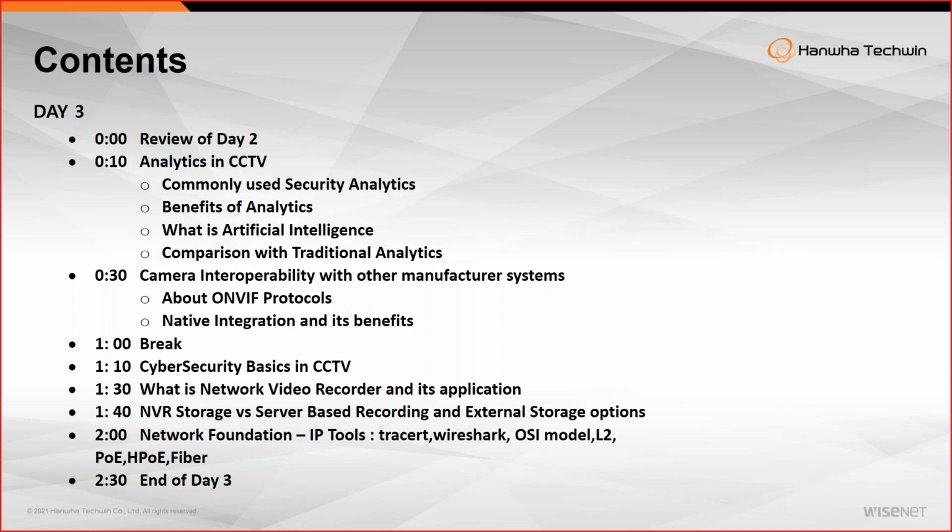Even if a person is crawling or hiding, and only half the person is visible, it will still pick it up as an object. The benefit of AI is that it is not affected by rain, not affected by lighting changes in the scene. Whereas with traditional analytics, if there is rain, it will cause motion. If there are light changes, it will cause motion detection and so on. We saw ONVIF, we saw native integration, we touched on the basics of cybersecurity,